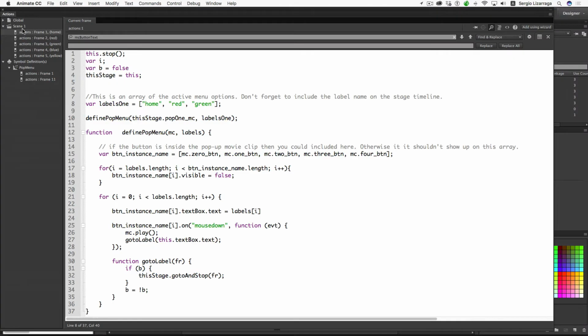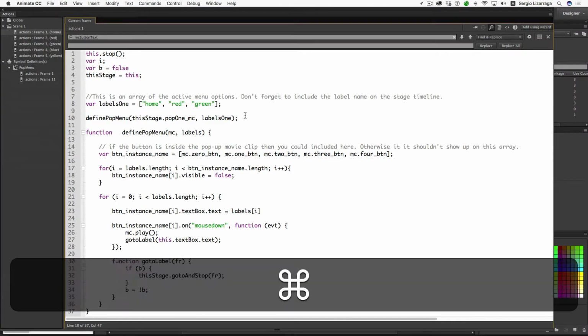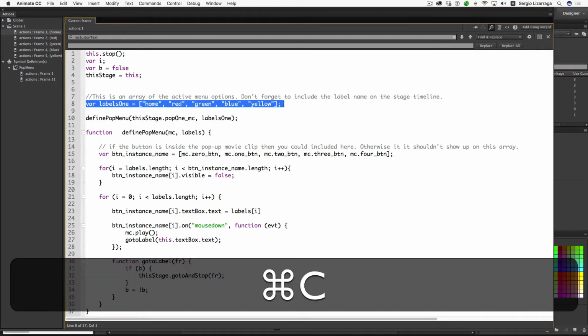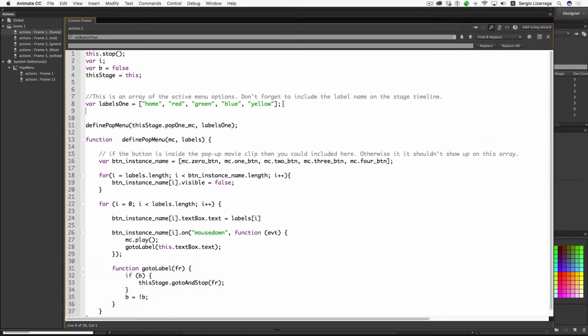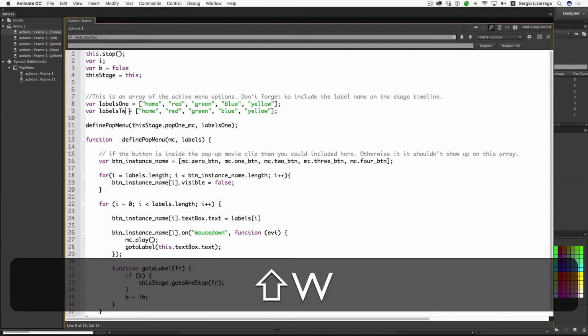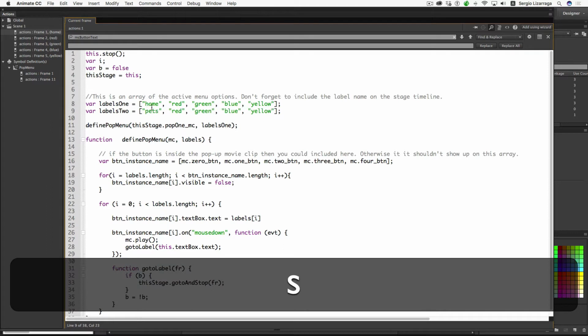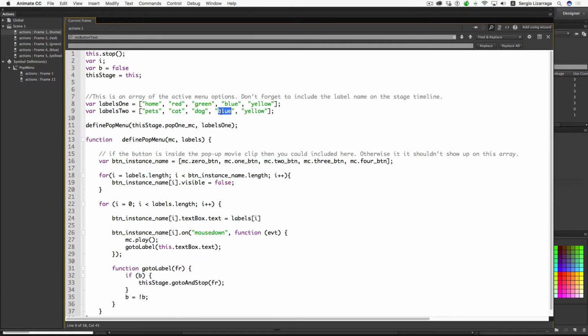So this is set up so that if for some reason you need a menu with a lot of choices and another menu with less choices, you can set that up. And this is how you would do that. So I'm going to copy this array, and I'm going to paste it right underneath here, and I'm going to call this labels 2. And I'll go ahead and call this pets, and this will be cat, dog, and fish,